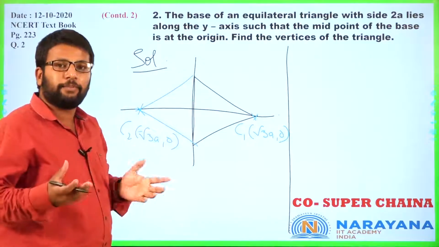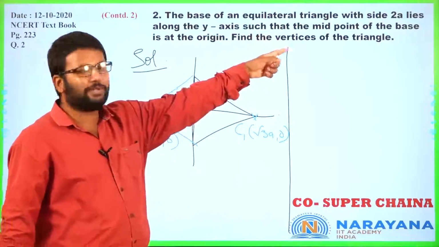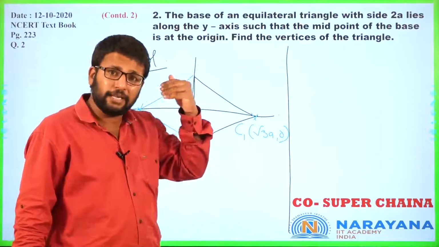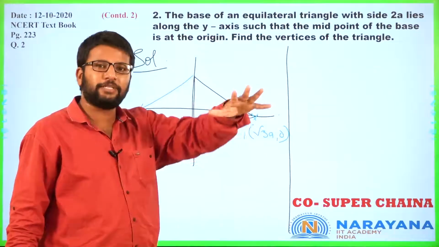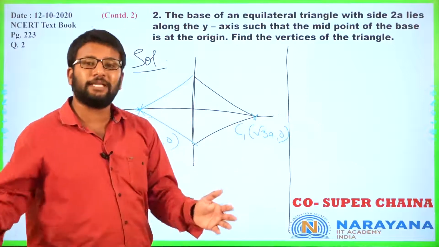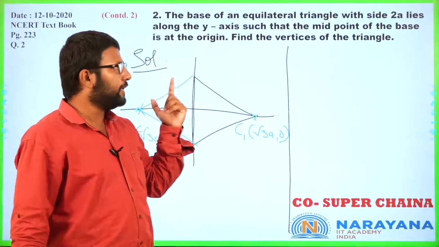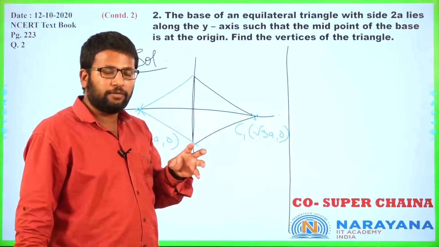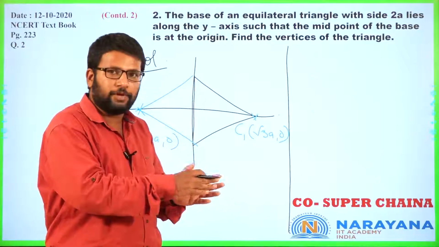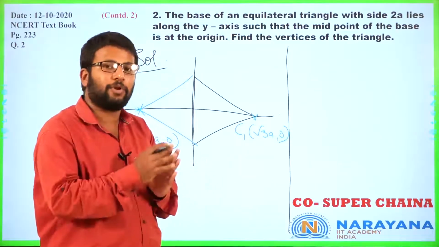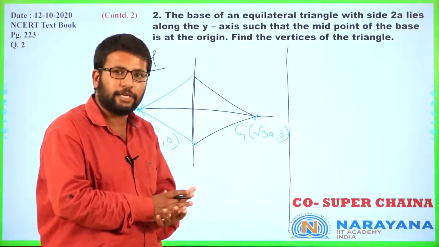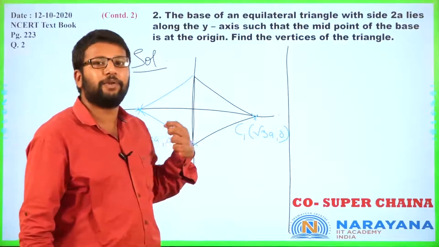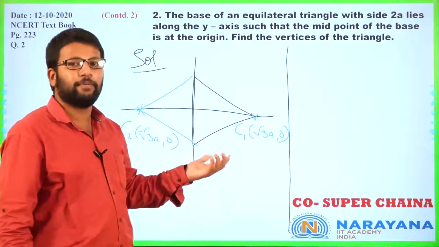So again, this is very important, because what JEE can do is, instead of asking you the vertices, it can very easily ask you how many such triangles are possible. In fact, very frequently they do ask such questions: how many such triangles, how many such circles, how many such quadrilaterals, how many such lines are possible. Often when you solve an equation and get multiple solutions, we try to ignore it because we want one particular answer, but you should not ignore it. You should always ask, why are we getting multiple answers? Are they all geometrically valid? When you do this, next time you might be able to proceed directly by the diagram itself.